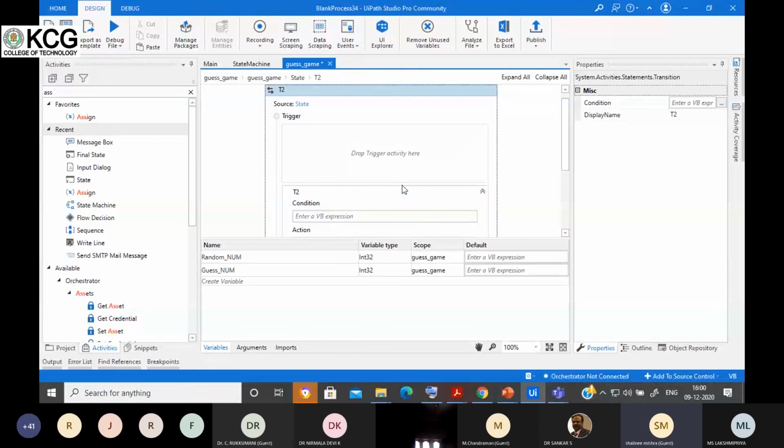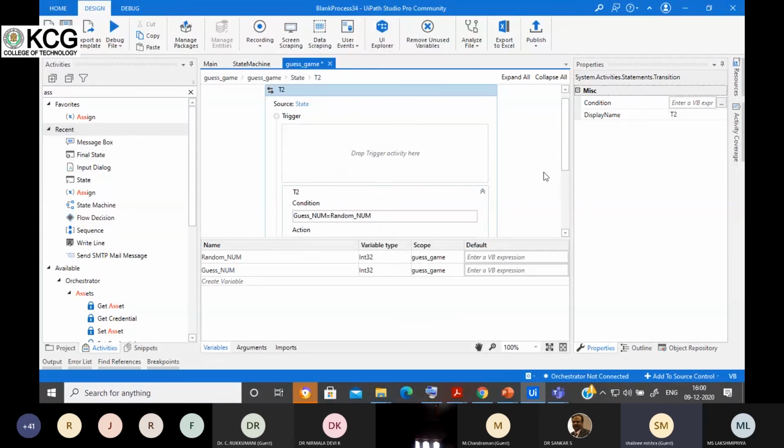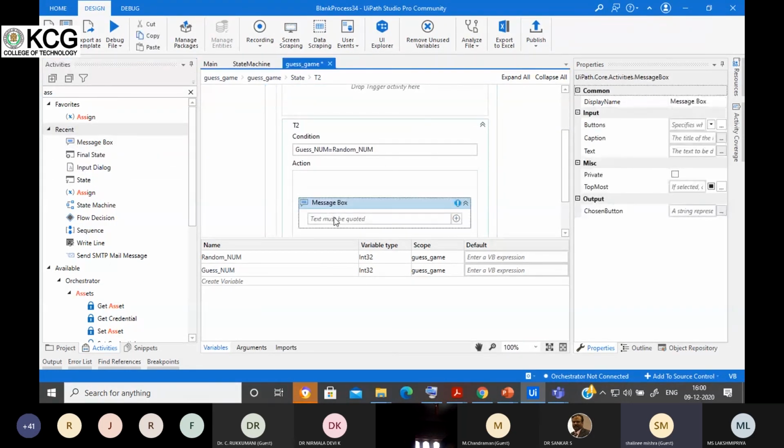Just click here, and I'll add the condition: guess number is equal to the random number. If this is the condition, then I'll use the message box and write: congratulations, you won the game.